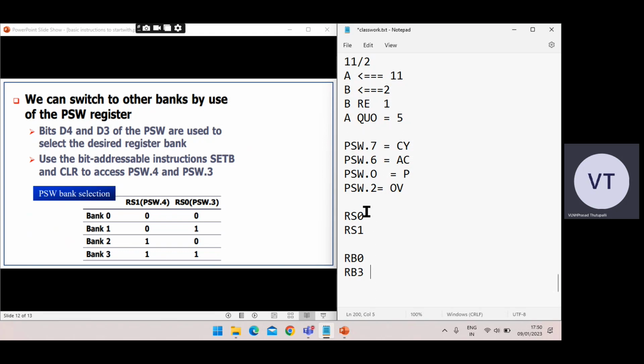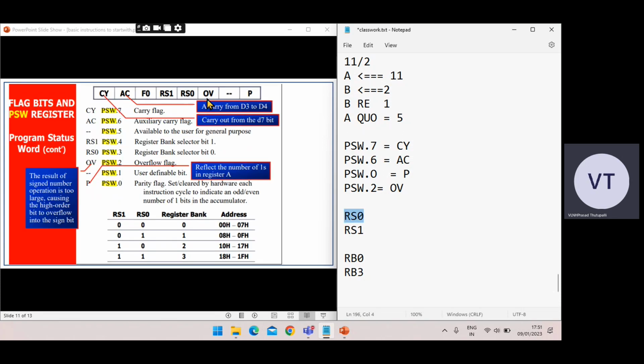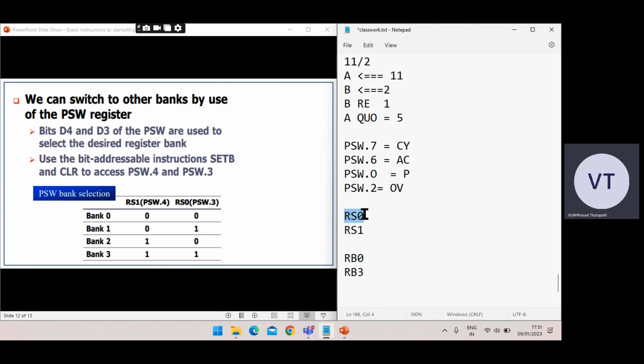Now we'll come to RS0 and RS1. We can switch between the register banks by using the PSW register. If you carefully observe, this is PSW.3, and counting 0, 1, 2, the third bit is RS0 and the fourth bit is RS1. If the third bit is 0 and the fourth bit is 0, then the register bank under usage is